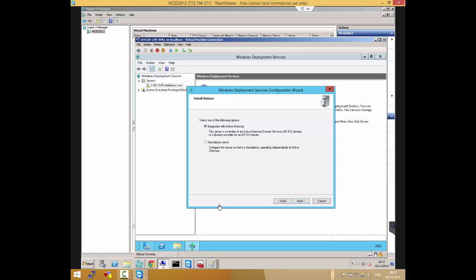But what's the main difference between integrated with Active Directory and standalone? What's the whole purpose or the main thing? Can I say if I integrate it within Active Directory, this requires a domain, so clients within the network will know that they should be using this WDS server. So for me, being integrated within AD means it should be in a domain, and the standalone means it can be deployed throughout a workgroup.